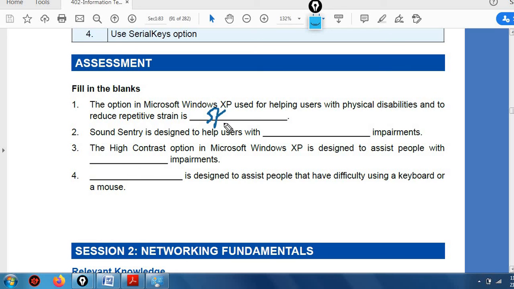Right? Now Sound Sentry is designed to help users with dash impairment. Sound Sentry, this feature is for the persons who are unable to listen, right? So it's designed to help users with auditory impairment.